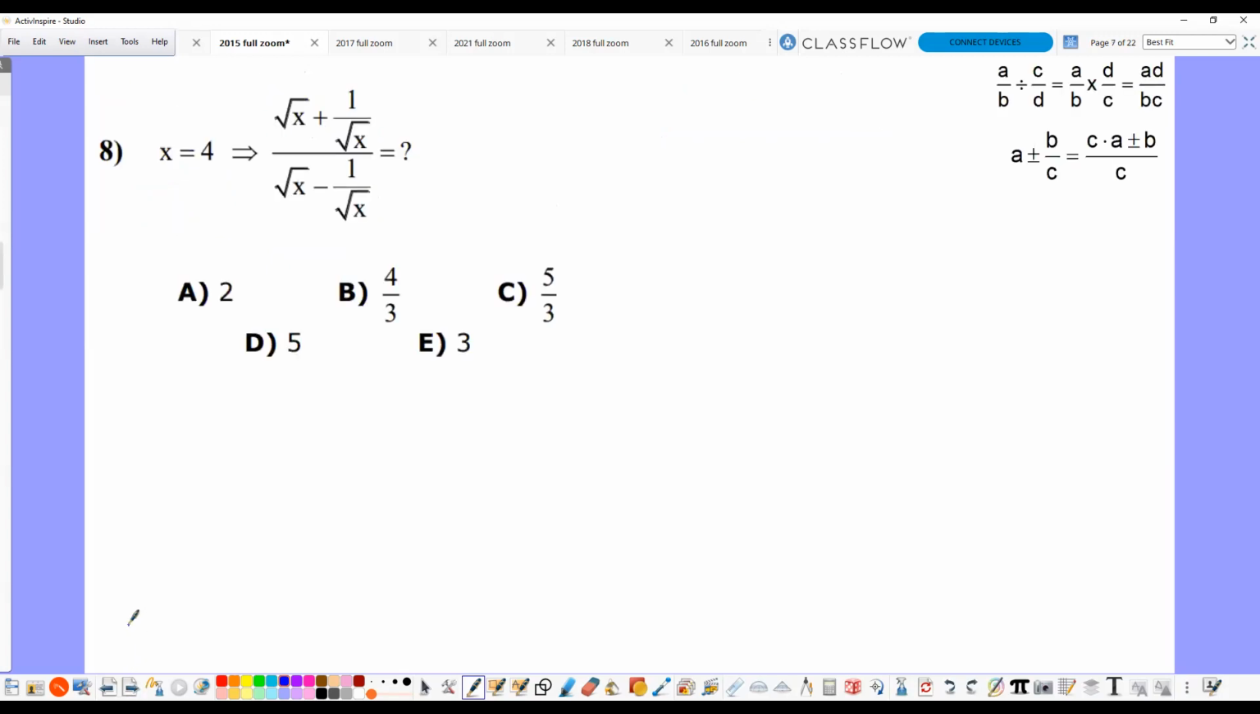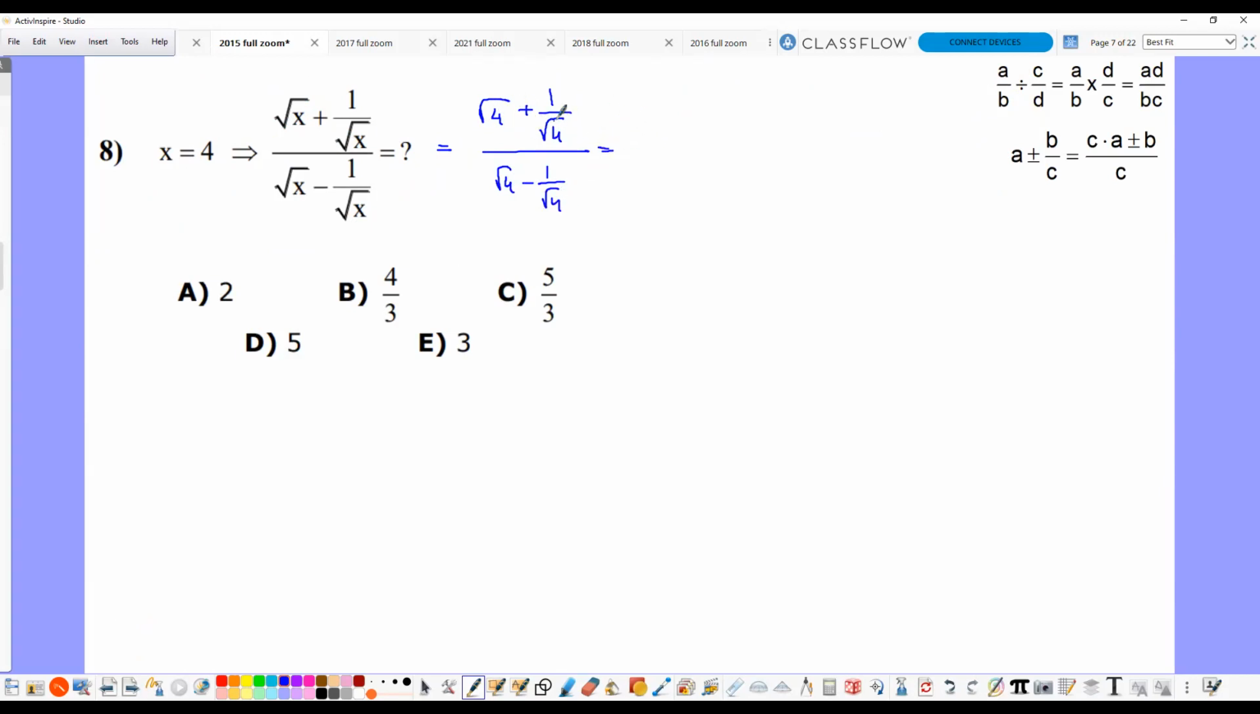Here, we are going to use these rules again. First, we are going to divide them, or we are going to add them. Let me explain how. Firstly, we are going to replace the x by 4, which means we need root x here. So this is going to be equal to root 4 plus 1 over root 4, all divided by root 4 minus 1 over root 4, which is equal to